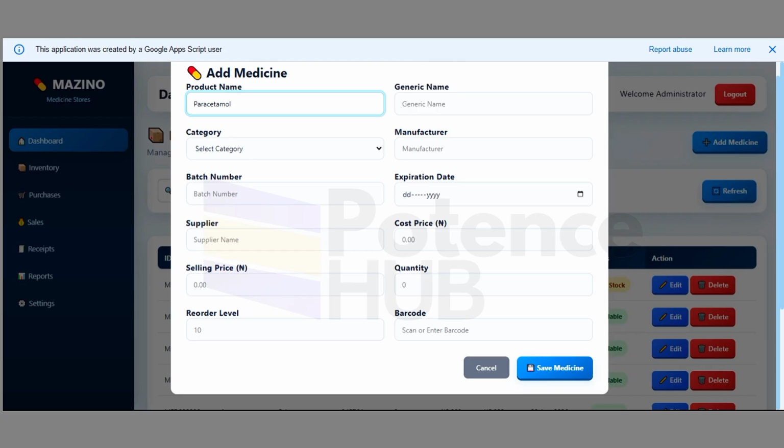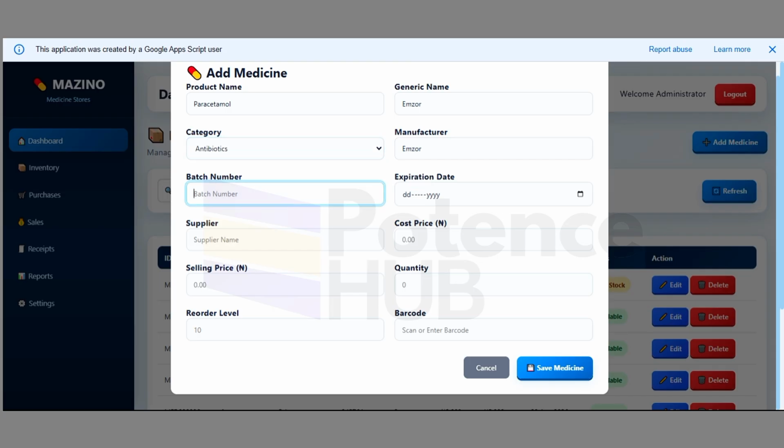So if I want to add medicine to this system, this is actually what I'm doing, adding medicine. We have the product name, generic name. I could just use anything for the generic name. So for example, let's use Mzor for the generic name, and then manufacturer name. I could as well use Emzo as well, and then we choose from a large scale of categories,